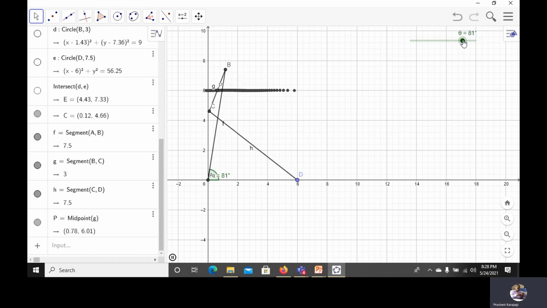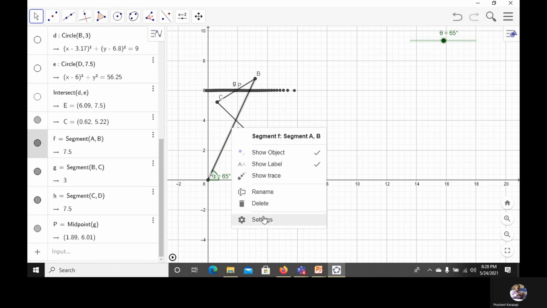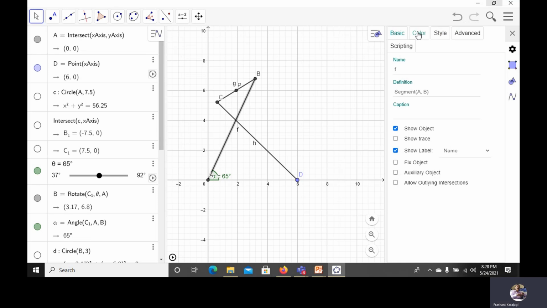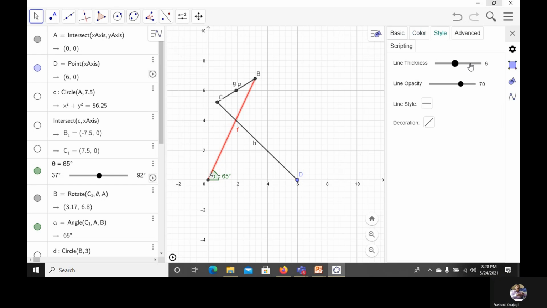Now assign thickness to the links. Select and provide thickness so that it becomes a link. Choose colors, style, make the thickness 13 mm, and line opacity 80, as well as the coupler link BC.